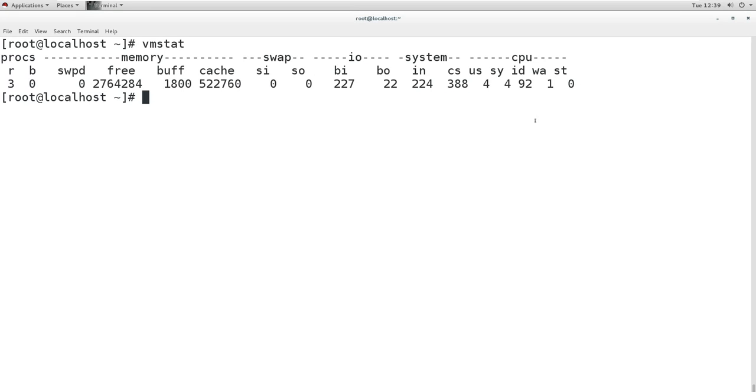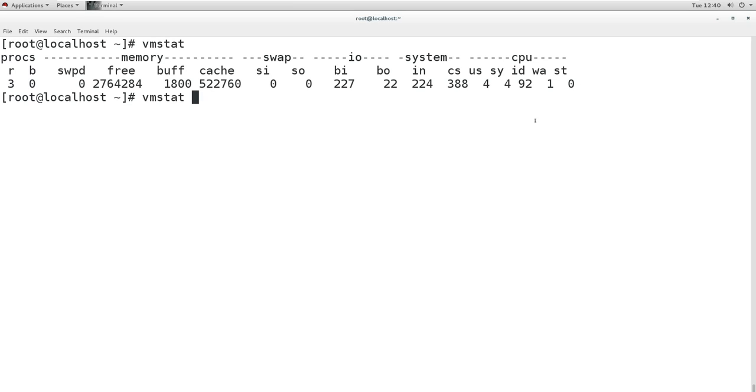But what is monitoring? Monitoring is like monitoring a system for a time period. For example, I want to monitor my system for RAM or processor. Then what I will do is monitor my system for a time period. For example, when our system is in full use, at that time I will monitor my system for 10 minutes. Then tomorrow also at the same time I will monitor the system for 10 minutes. Then next day 10 minutes, next day 10 minutes. Then at the end of the month I will compare the whole data, and then I will come to know what is increasing and what is decreasing.